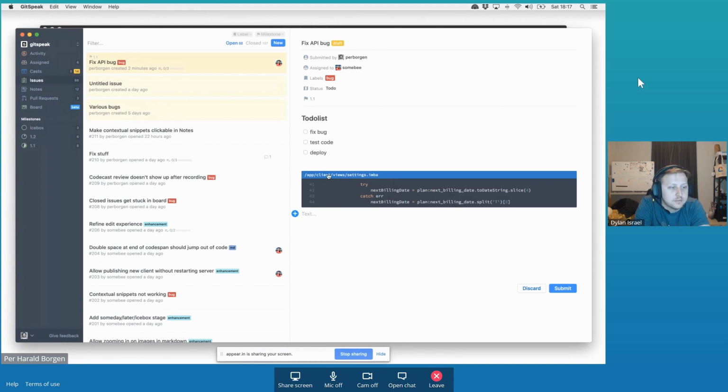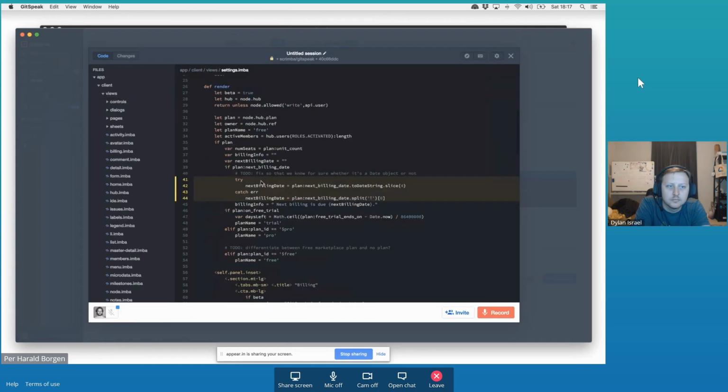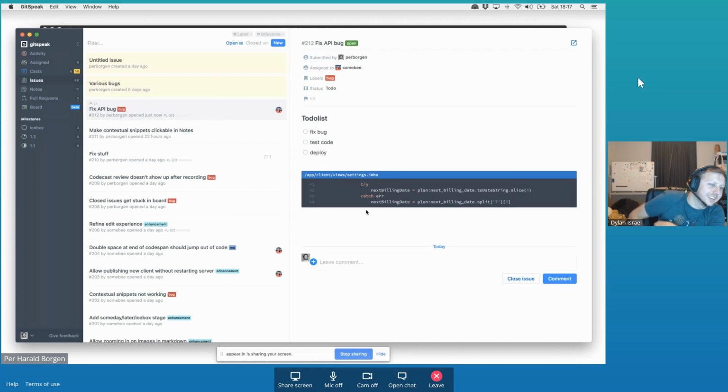Because we know that as we're working on this repository, we can search through your source code and see, oh, this code is actually in the repository. So when I submit this, and some other developer on my team checks out this issue, you can just click that, and he or she is taken instantly into the surroundings of that snippet, making it a lot easier to understand. Ah, okay, so that's where we are. That's fantastic.